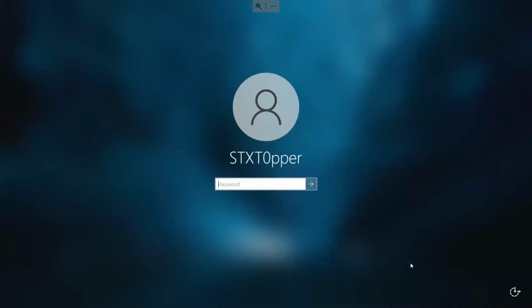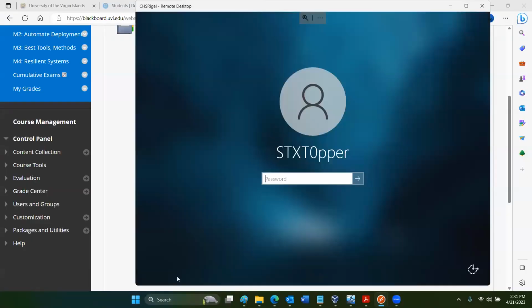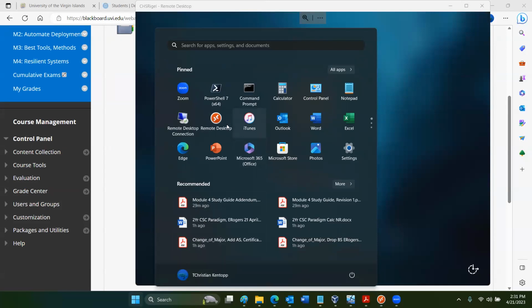All right, so I have a domain environment, and I'm gonna ask you to install the Microsoft Remote Desktop app from the Microsoft Store, right?